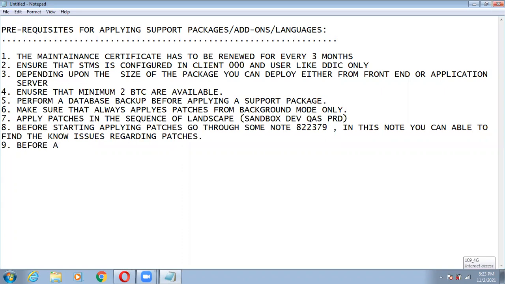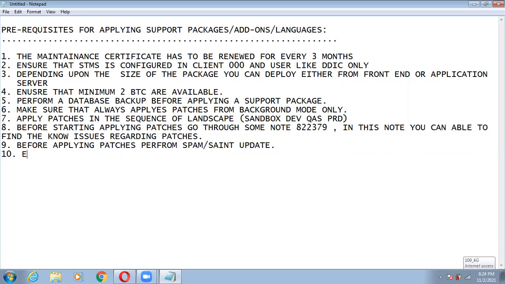Before applying patches, perform SPAM SAINT update. I will tell you in the practicals what SPAM SAINT means.